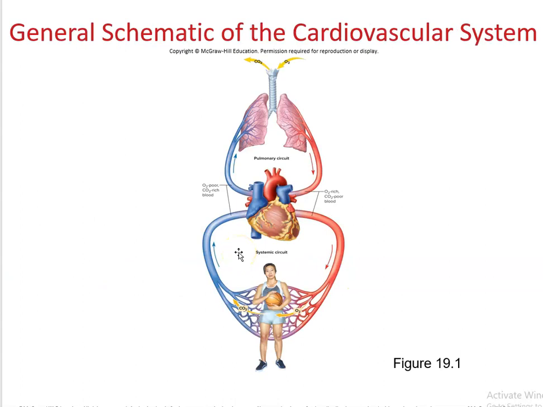heart. This figure shows the general schematic of the cardiovascular system. The pulmonary circuit is located within the thoracic cavity. The oxygen-poor blood collected from the top of the body and the bottom part of the body will go to the heart on the right side and go to the lung. The oxygenated blood will go back to the left side of the heart, and that blood will be delivered to the body parts to bring oxygen to the tissues. Then the tissues and the blood will exchange, and the CO2-containing blood will go back to the right